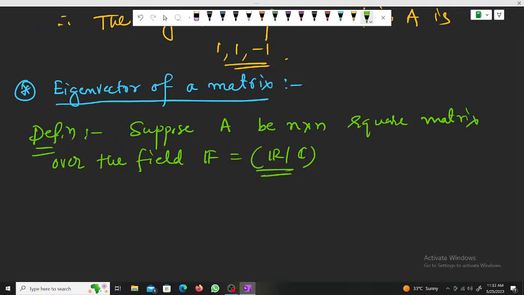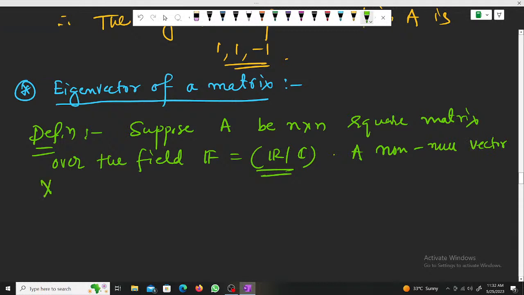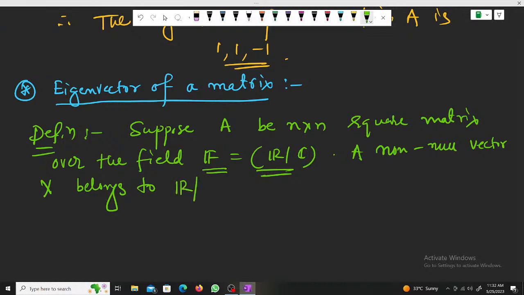Okay, a non-null vector, non-null or non-zero একই ব্যাপার, a non-null vector capital X belongs to, suppose বললাম R or C,